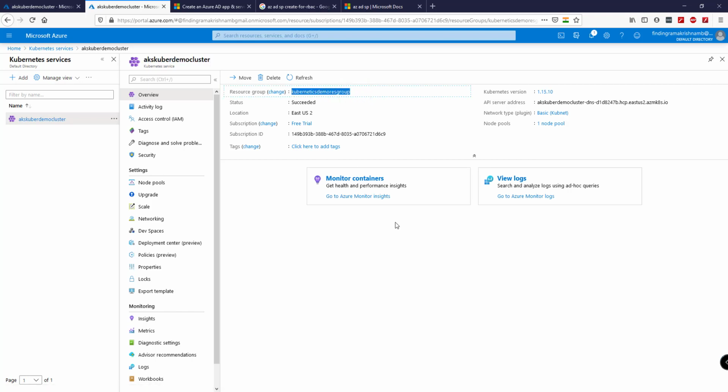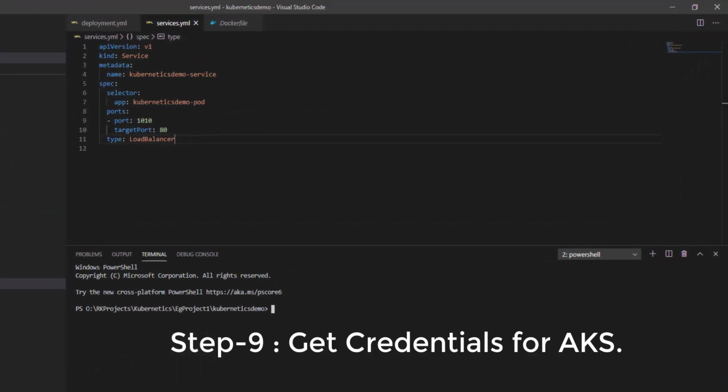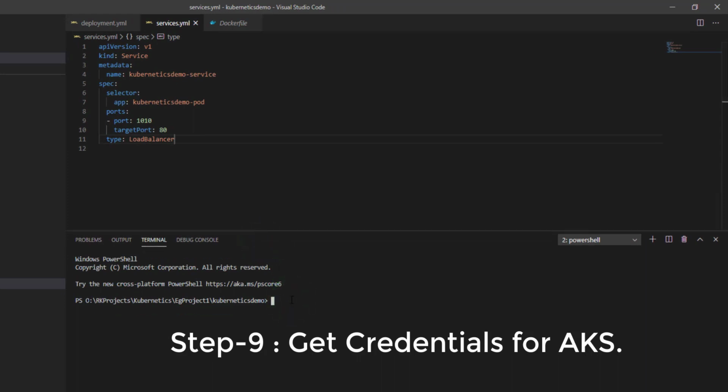So we need to get the credentials of this Kubernetes service in our local terminal so that we can deploy our YAML files to this service.